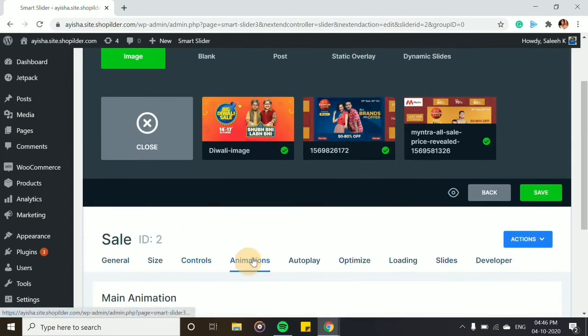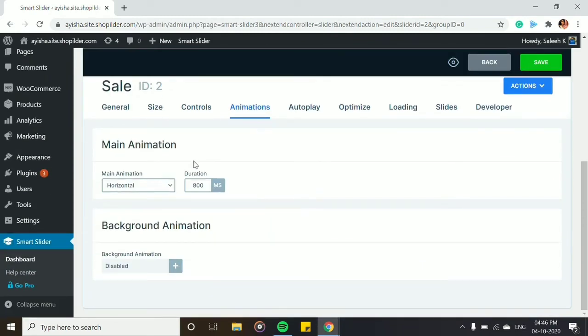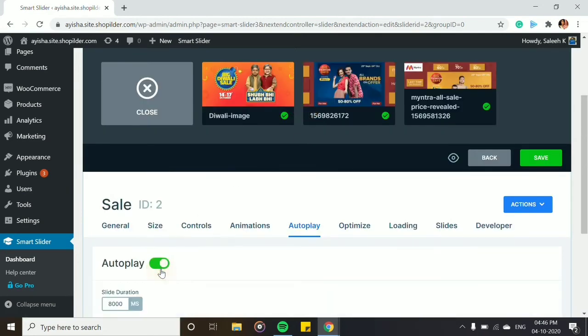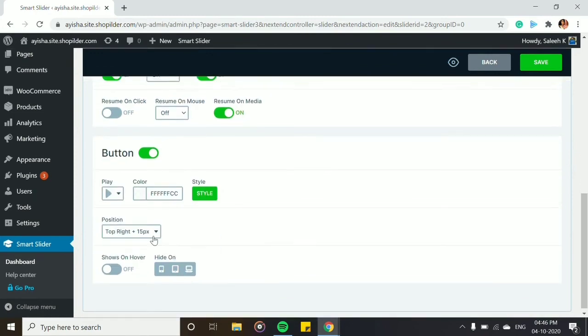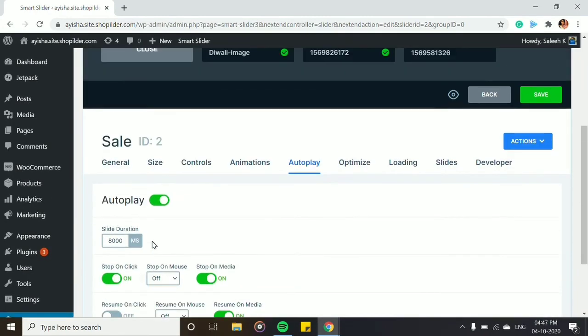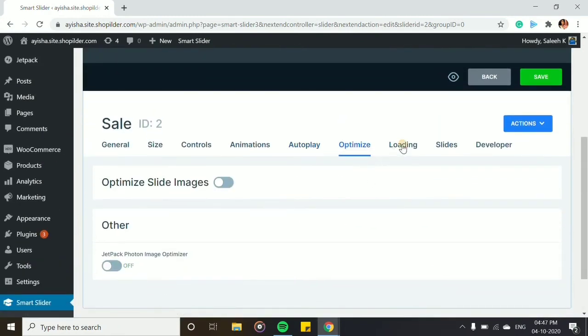Then the animation part is how your carousel is going to move, how you want your animation to be when you tap to the next, how the animation of your slider is going to be. All those things can be seen over here. Then autoplay. I'm going to choose autoplay for this rather than just tapping it, so that they can move on to the next. So you can set the timer, and if you want to add, like, should stop on click, etc. And also buttons, like if you are redirecting that slider to any page, you can set that also.